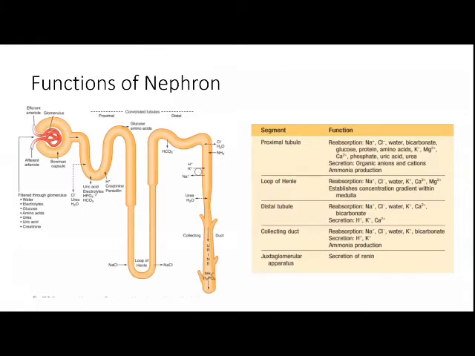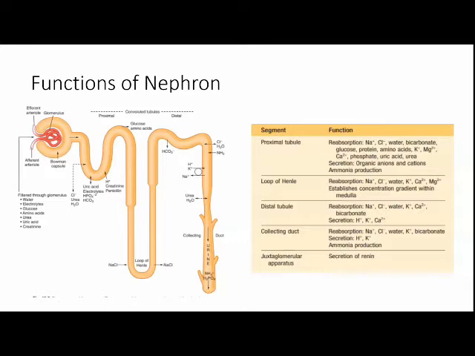So what are the functions of the nephrons? Water, electrolytes, glucose, amino acids, urea, and uric acid enter through the glomerulus and into the proximal tubule. The proximal tubule is the most important one because in obstructive uropathy it is the most common thing to be affected first, and it leads to obstructive uropathy and renal fibrosis.